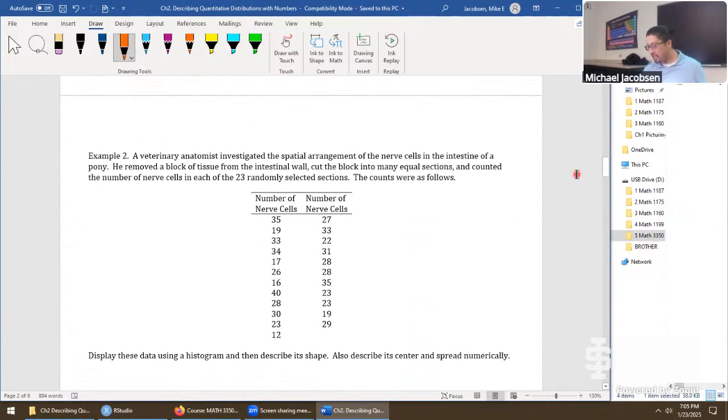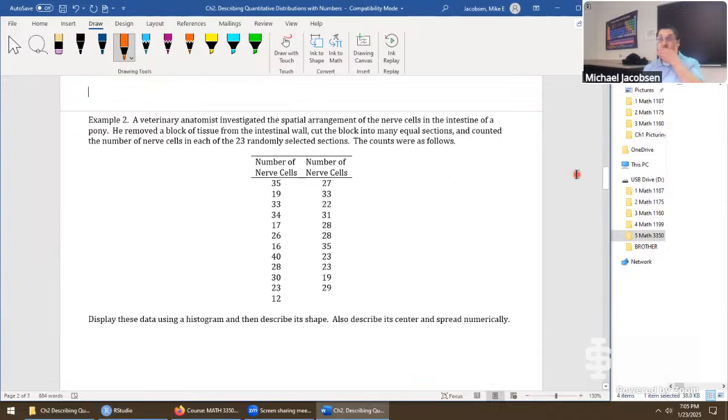This one is a little bit more exciting because now we have some context, some actual data that we're looking at, some bigger data. Context on this goes like this. It says, a veterinary anatomist, that sounds like a pretty cool job, investigated the spatial arrangement of the nerve cells in the intestine of a pony. So something could be off about that pony, could be sick for some reason, but we're looking into it.